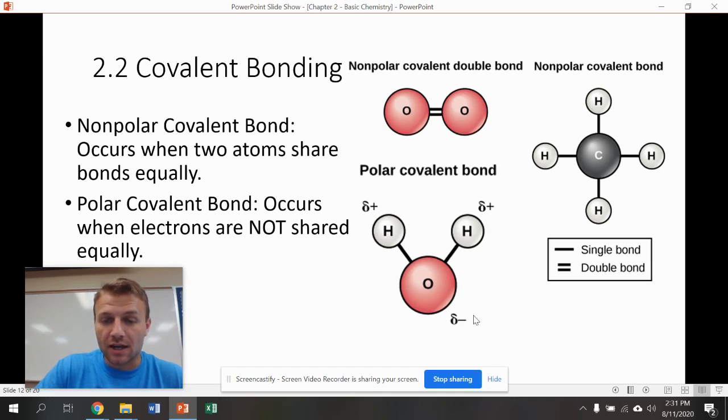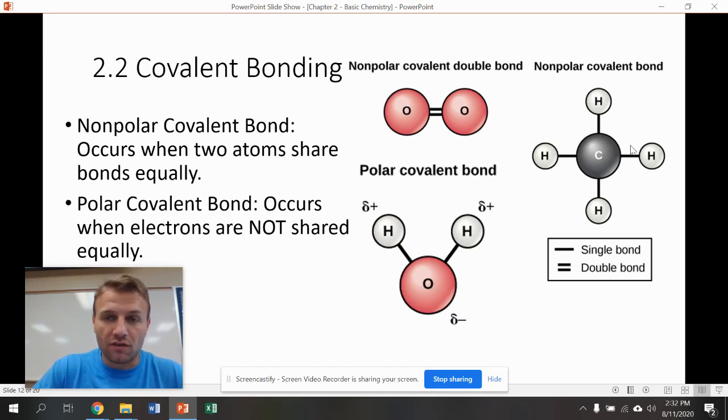What that means is the electrons are going to hang a little bit more around here compared to up here. And it's just due to the structure of the atom. I don't need you to know about the structure of the atom and why electrons hang around in certain places. All I need you to know is when you see these partial positive and negative charges, you're probably going to say that's a polar covalent bond. When you don't see any of those charges, or you see some easy structures like the lines here, it's probably